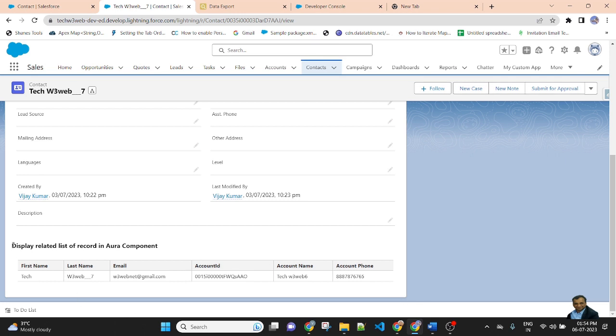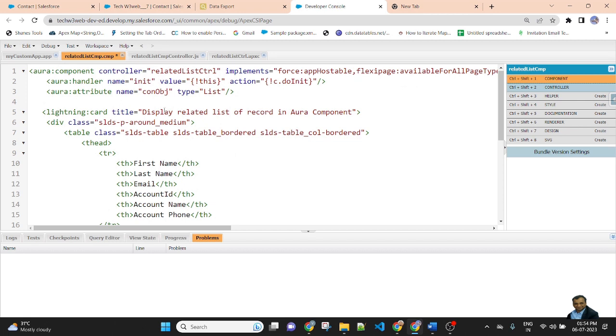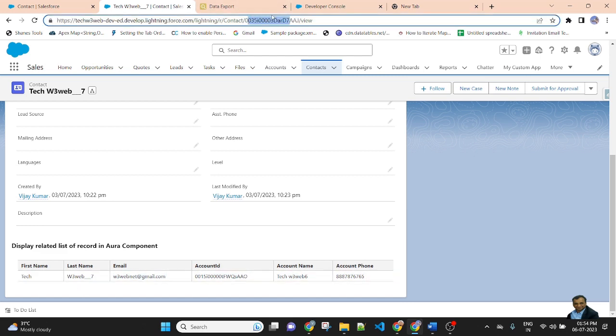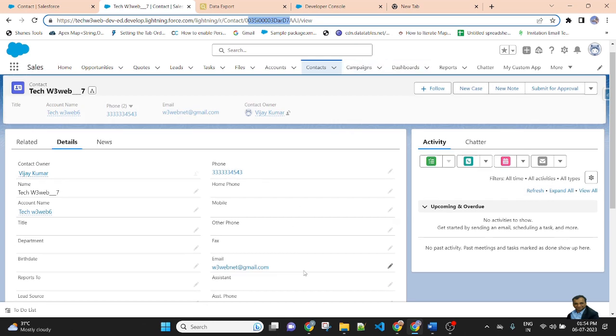So here you can see the related list of records displayed in our component. This is my title that is coming from the lightning card, and this record is displayed based on the record ID. This is the current record of this contact.